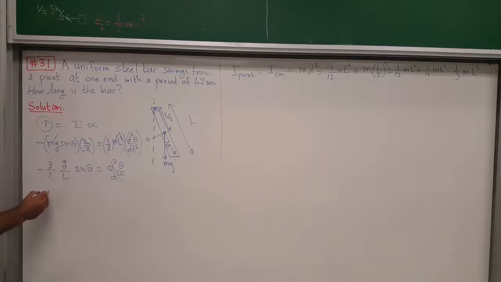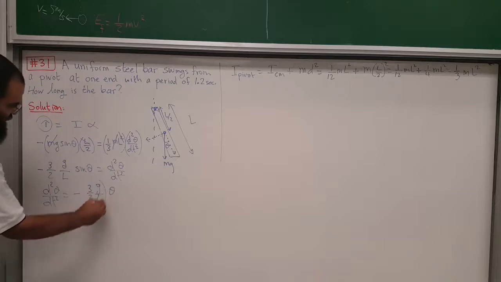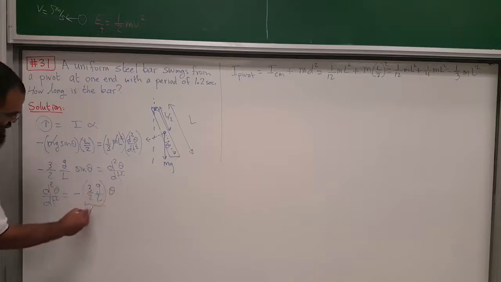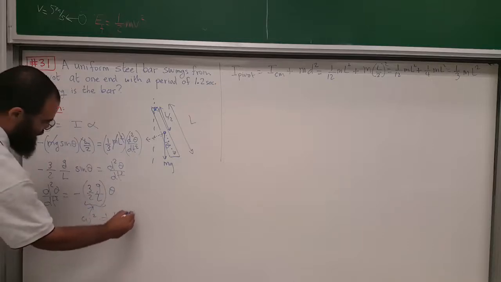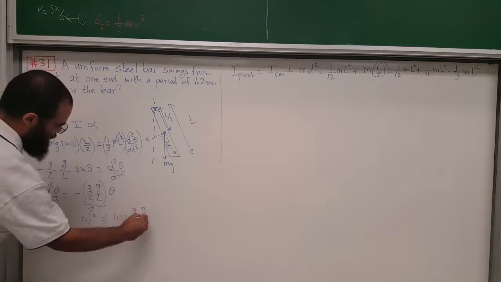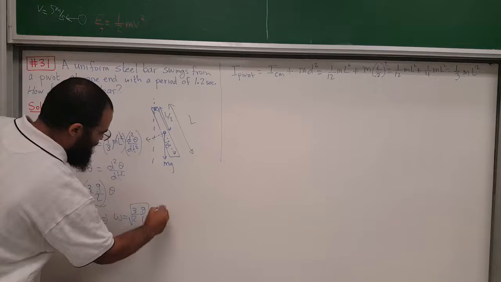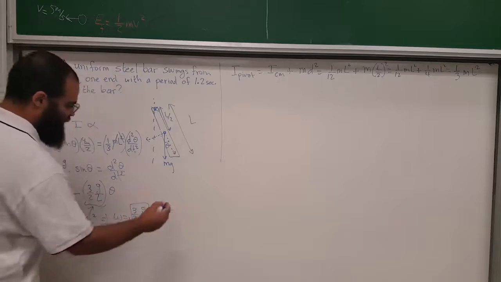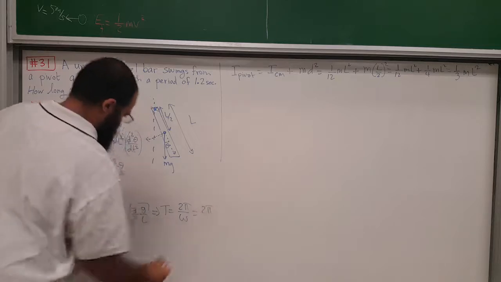So the second derivative of theta with respect to time will equal negative 3 over 2 g over L times theta, and we identified this thing here as omega squared, and therefore omega will equal the square root of 3 over 2 g over L. And so the period, which is 2 pi over omega, would be 2 pi